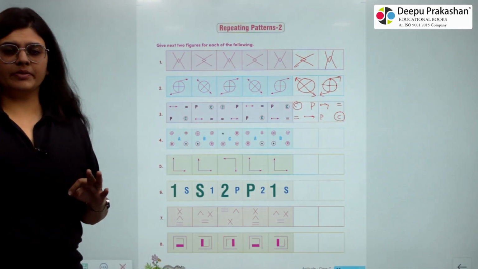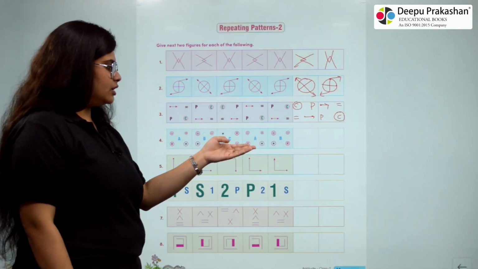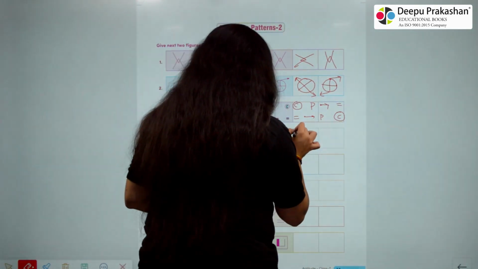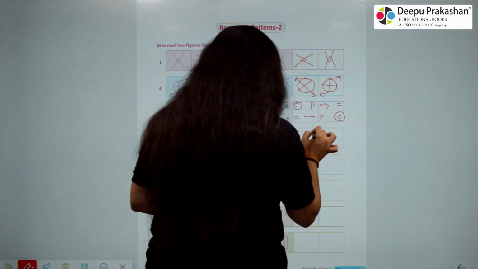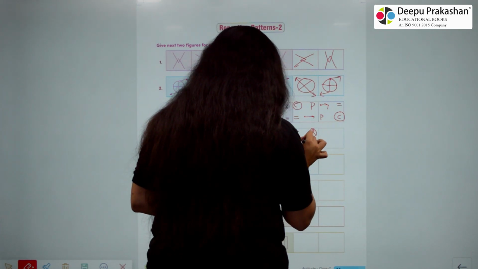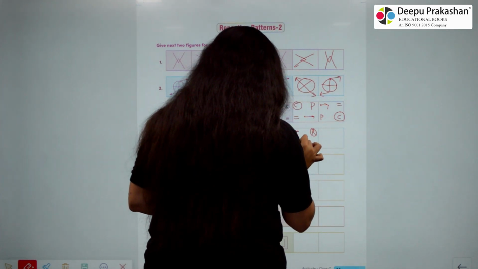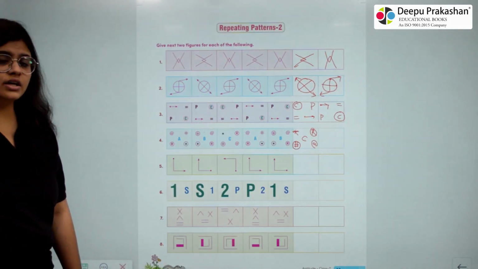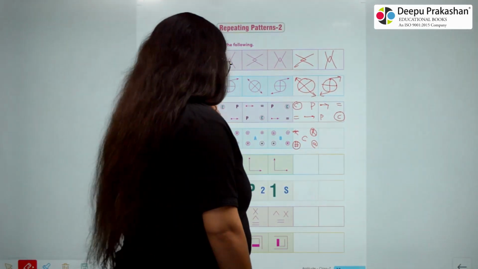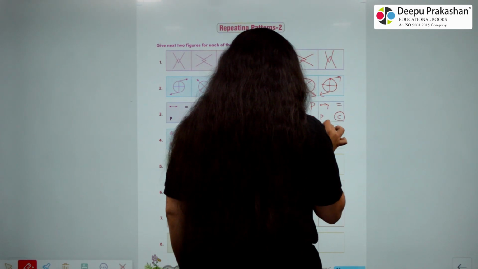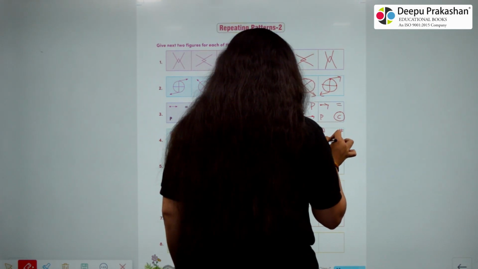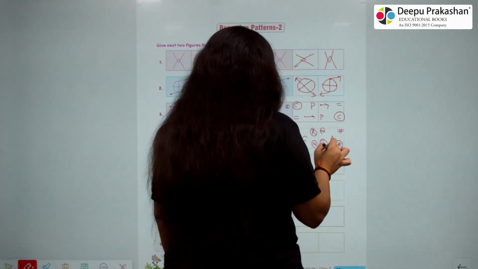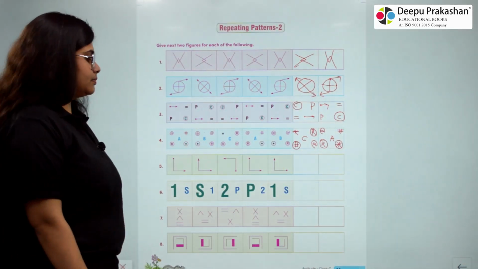4. Here also we have three images, 1, 2, 3, then 1, 2. So after 2, the third image will come. It will have stars, R in the corner, C, hash in the corner, and at the rate. Okay, and after 3, the first will come. It is having at the rate, hash, A, R, and a star. Okay.